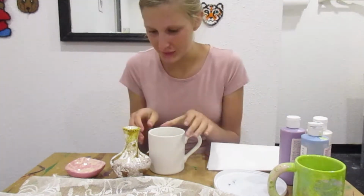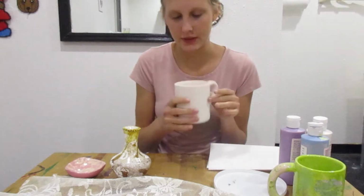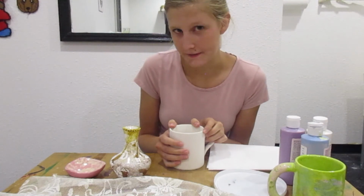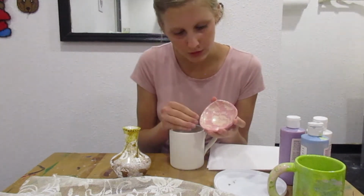Hello, I'm Leah from Artisan You, and today I'm going to teach you how to do lace on your pottery. So you can do lace on a lot of things. It's easiest on something with a smooth, regular surface. Like doing it on a figurine won't be very effective, but something like this that's gently sloped works very well,